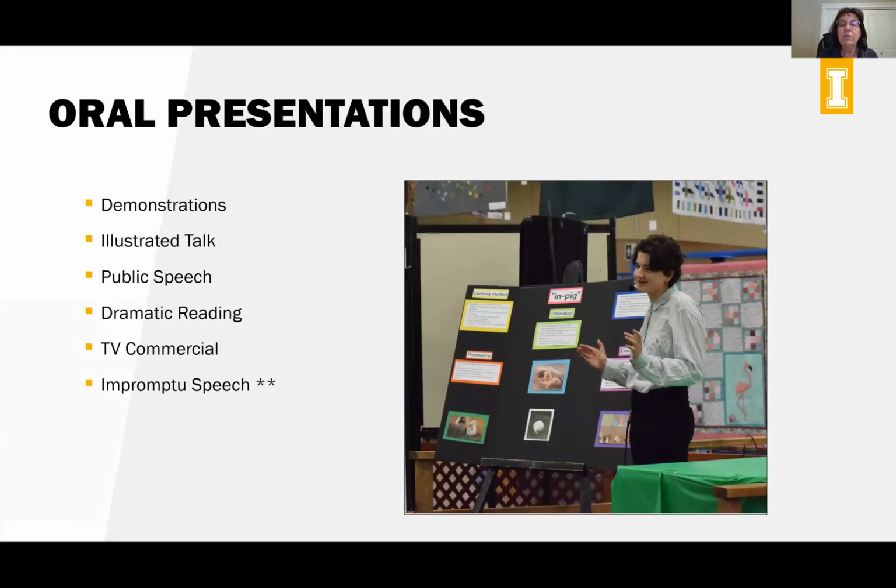So to start with, we want to just be sure we're all on the same page with what we're talking about when we say oral presentations for 4-H projects. There are 5 basic types: demonstrations, illustrated talk, a public speech, a dramatic reading, TV commercial, and then we also included the impromptu speech. Impromptu speeches are typically used for training methods, practice sessions, just to get used to thinking